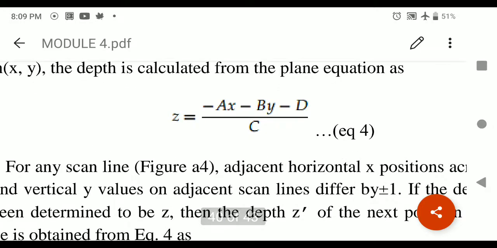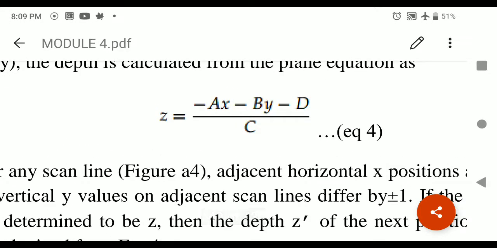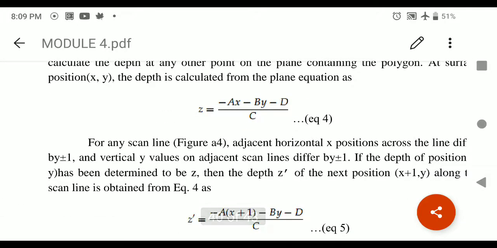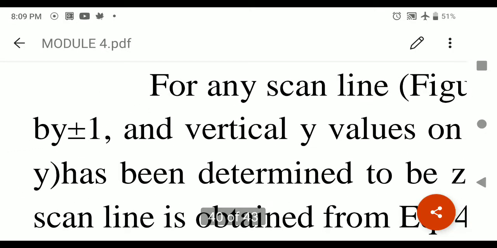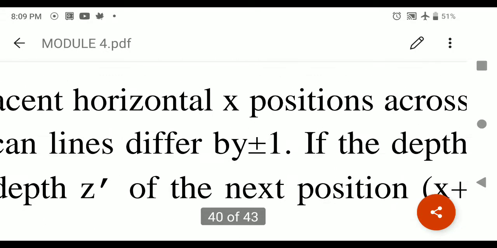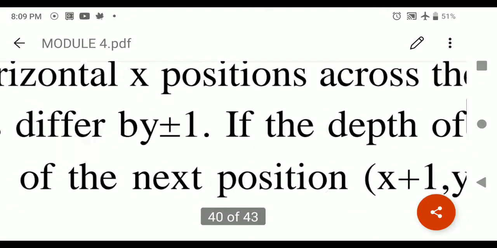If we want to use the scanline procedure, here they are considering the scanline procedure. For every scanline, point by point we are going to allocate the values. So we are going to increment x by 1, and then if we want to change the scanline, we are going to increment the value for y. In case we are going in the opposite direction, we are going to decrement the value of x or decrement the value of y. We are going to increment or decrement every x value by 1, and decrement or increment every y value by 1.